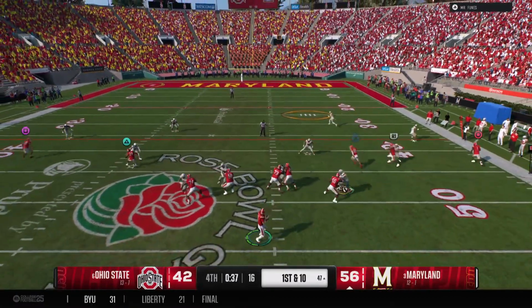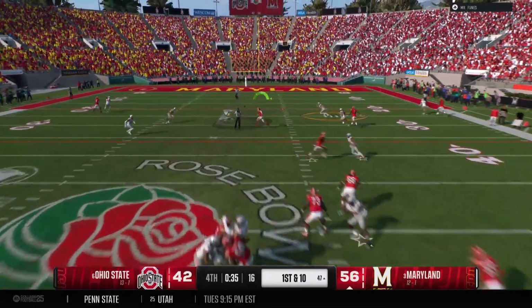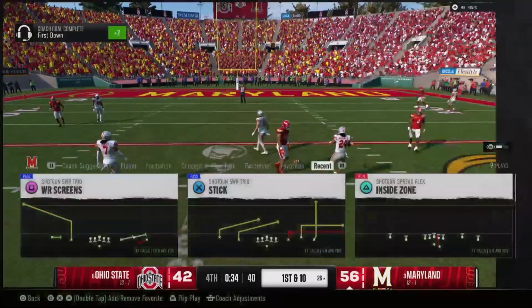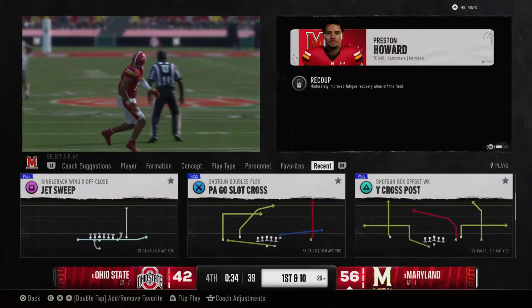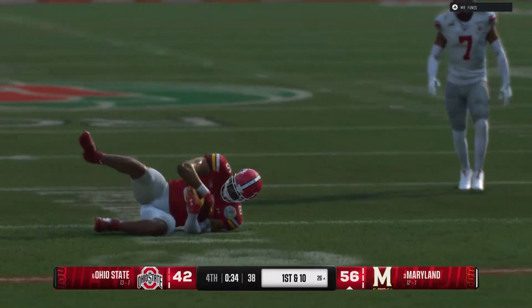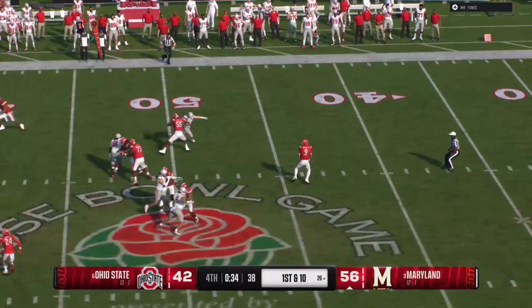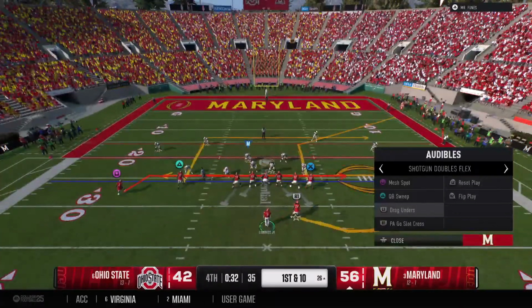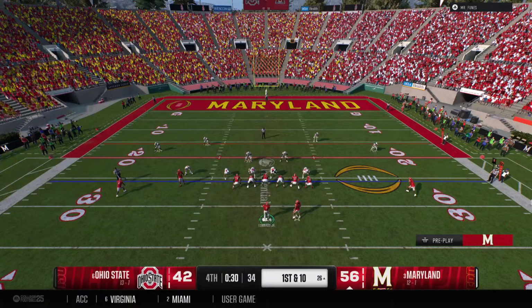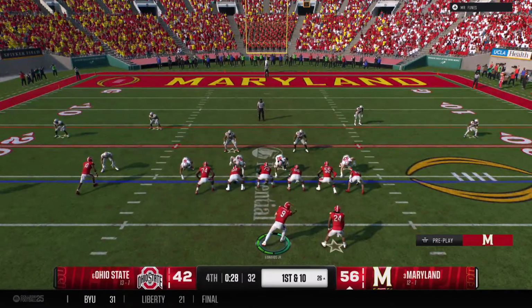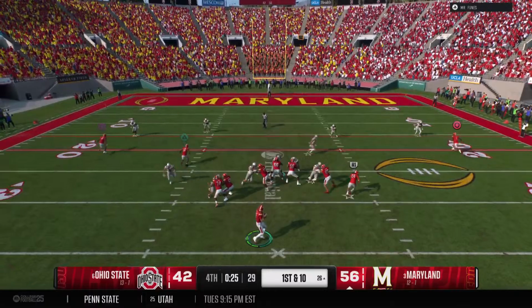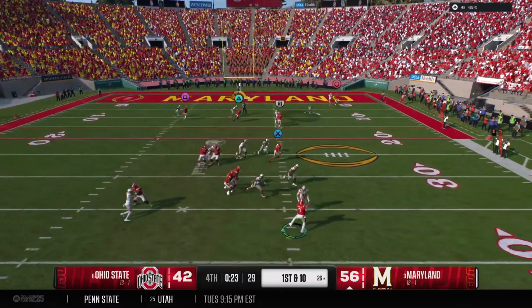On 1st and 10, looking to throw. Caught over the middle. It's Howard. They finally go down, but it's a 1st down and much more. Great gain on the play. Well, how about this aggressive approach by this offense? They've got the lead in the 4th quarter, and these guys are continuing to throw the football. I think the offense coordinator understands that he can't allow his team to get too comfortable or complacent, even with having a lead here in the 4th.